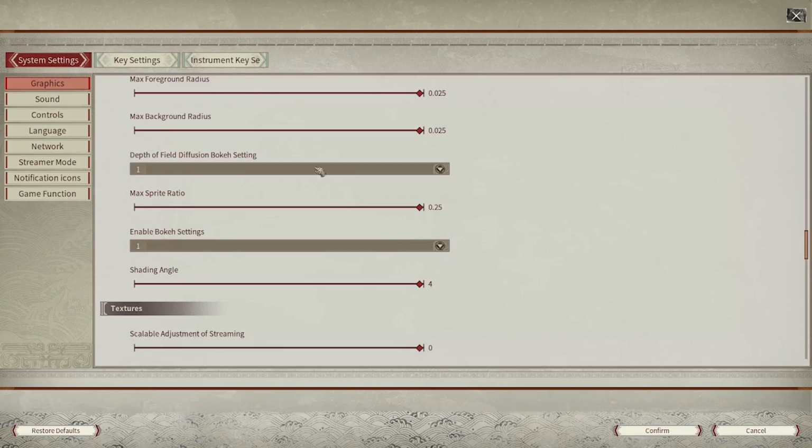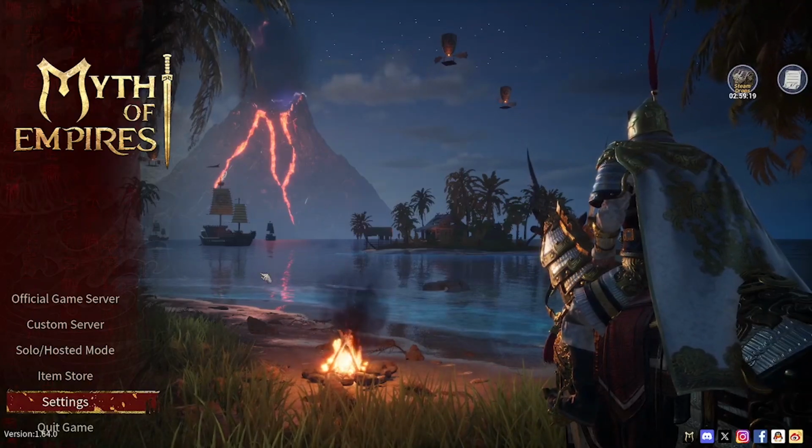When you're happy with everything that you changed, you can simply tap confirm right here to apply the settings and you'll be put right back